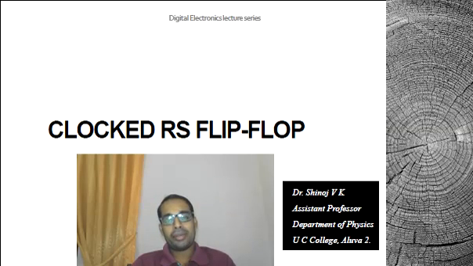After that, we discuss the JK flip-flop, which can avoid the forbidden condition. That is, when both inputs are high, the output keeps toggling. The JK flip-flop also has some limitations, so then we'll discuss the master-slave type of JK flip-flop, which is a more perfect kind of flip-flop system. In this class we will discuss all these things.